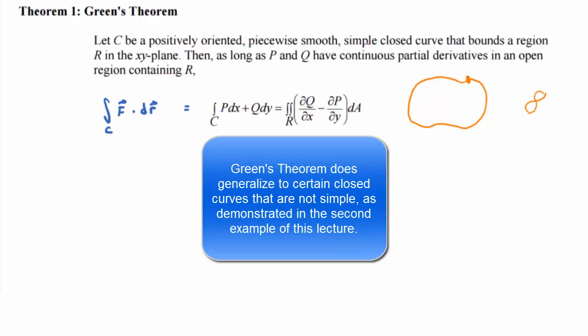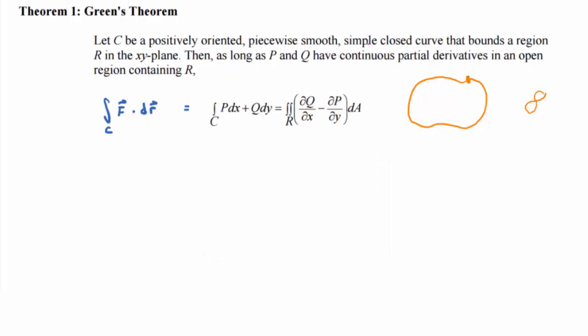So C is a positively oriented, piecewise smooth, simple curve that bounds a region in the xy plane. So this would be our C. It's oriented like this, and it surrounds our region R. The kinds of regions that we integrated over with double integrals back in the last chapter. Then as long as P and Q have continuous partial derivatives in an open region containing R,